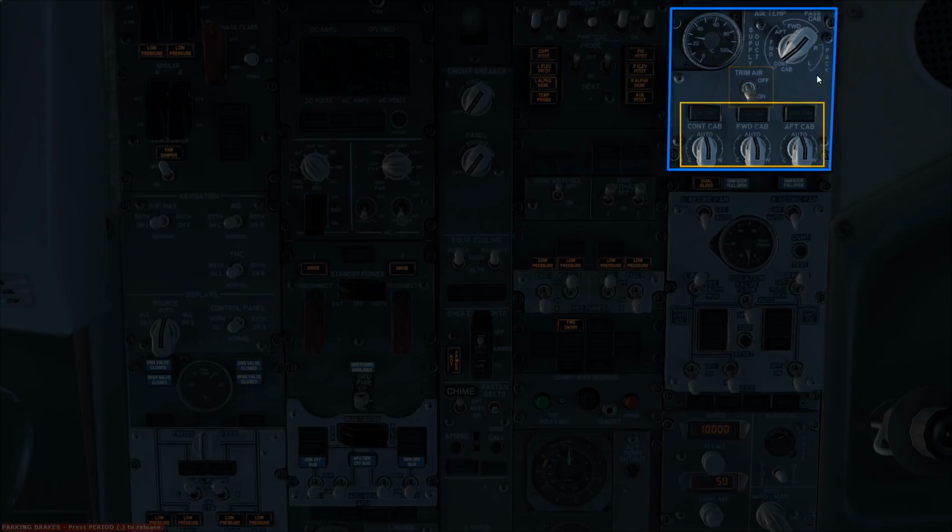Anyway, moving on from the trim air switch, we have these three controls which are temperature selectors. So the cabin is split into three distinct areas or zones. You have cont cab, which I think is short for control cabin, basically the cockpit or flight deck area. Next is the forward cabin, the front half of the passenger cabin, and then the aft cabin, which is the